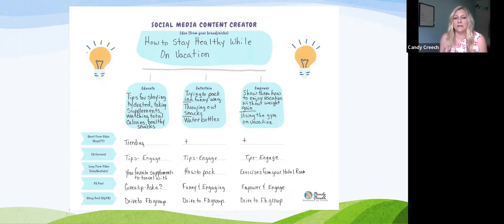Okay, so educate. There can be so many different things that fall under this. And that's what you want to do: a brain dump. I can educate people on sunscreen, on vitamin D, on any other supplements. I can talk about watching your total calorie content, where you can still eat things that you love, but not getting too many calories for the whole day.